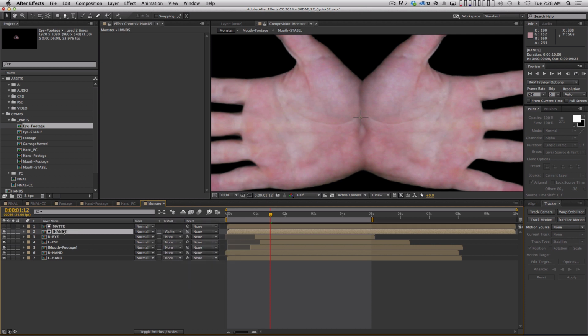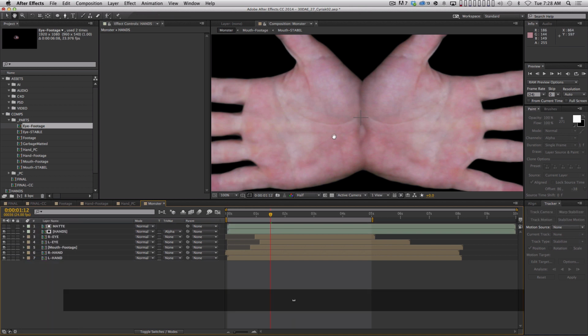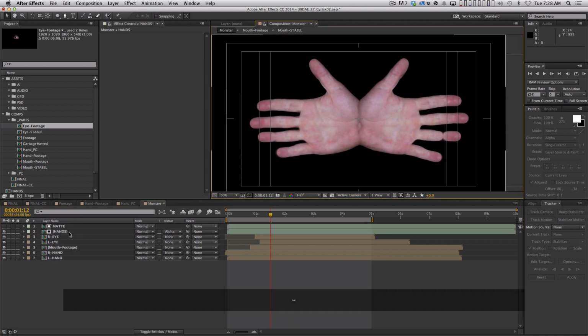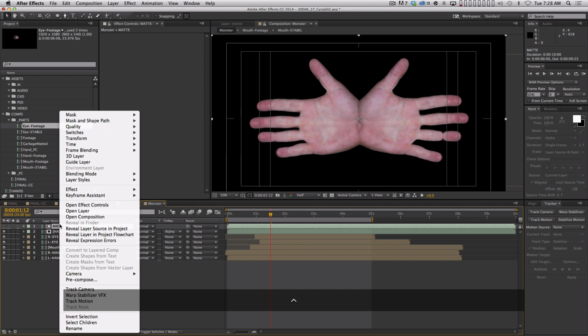So keep in mind, these two layers, hands and matte, are the exact same thing right now. And so really all I'm doing is saying this layer, use itself as its matte. So you're seeing everything. And so now what I want to do is right click matte, and I want to say